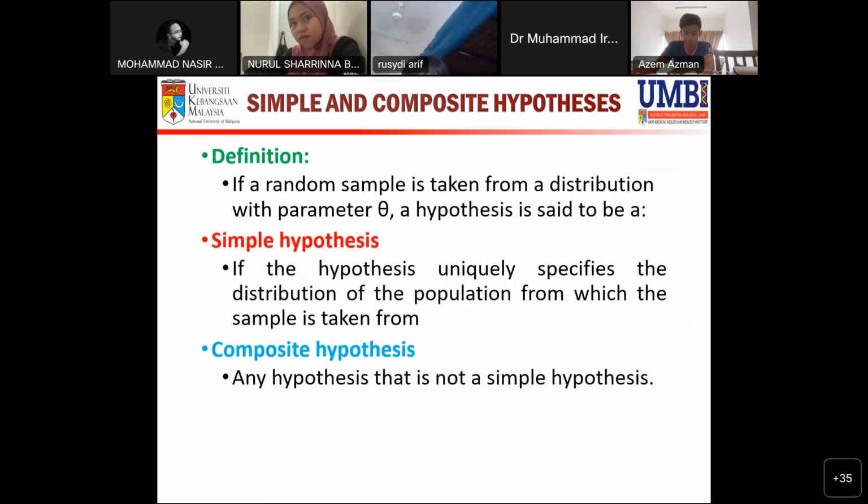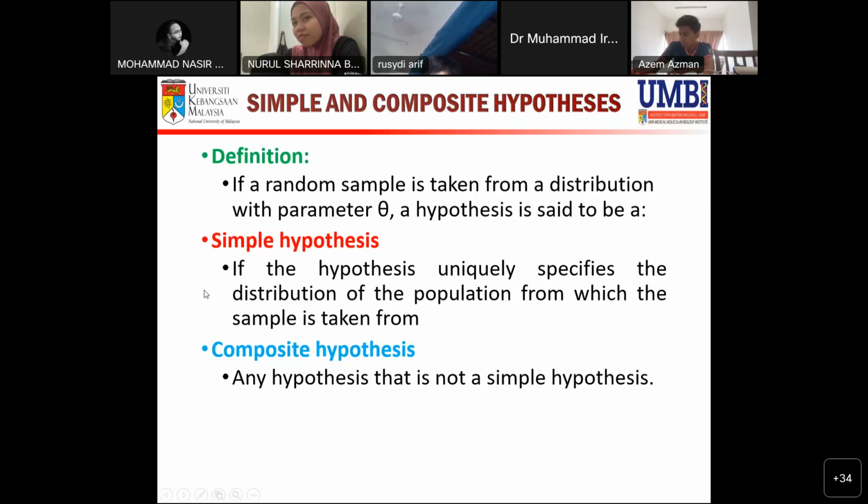Okay, so let me introduce the simple and composite hypothesis. So the definitions. We always start with definitions in mathematics. If a random sample is taken from a distribution with parameter theta, a hypothesis is said to be a simple hypothesis if the hypothesis uniquely specifies the distribution of the population from which the sample is taken. It means that in this case, for example, if you have normal distributions for your simple